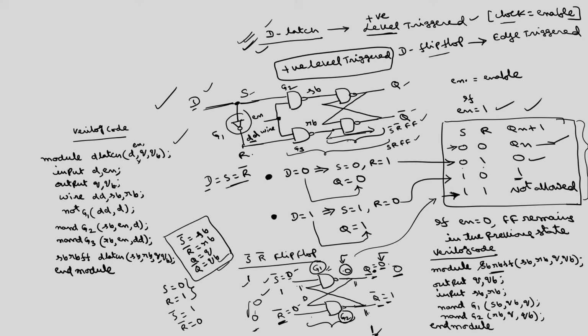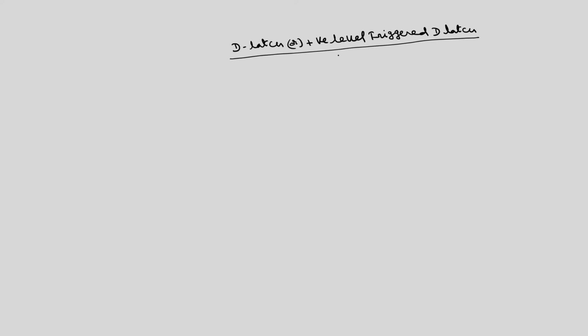So, we can derive this negative or positive edge triggered D latch also, using the same basic circuit. So, instead of positive level, I will discuss about the positive edge. You can easily verify that I have explained the edge triggered flip flop using the circuit in the last lecture. So, we can construct now using 3 such latches.